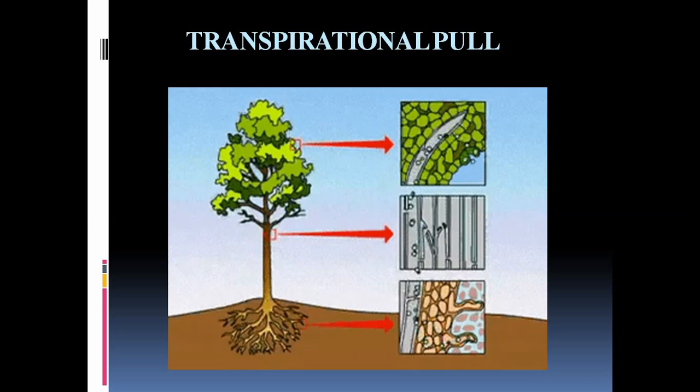So when one water molecule is lost from the leaf or from any aerial part of the plant, that water molecule pulls the next water molecule, and the next water molecule again pulls the next one. This is how it helps. Due to this cohesion property, the water moves through the xylem tissue. Next, this transpiration pull also acts as a suction force. We discussed it already in the last class. Transpiration pull also creates a pulling force on the water molecules, so it also contributes to absorption of water by the root hairs from the soil.